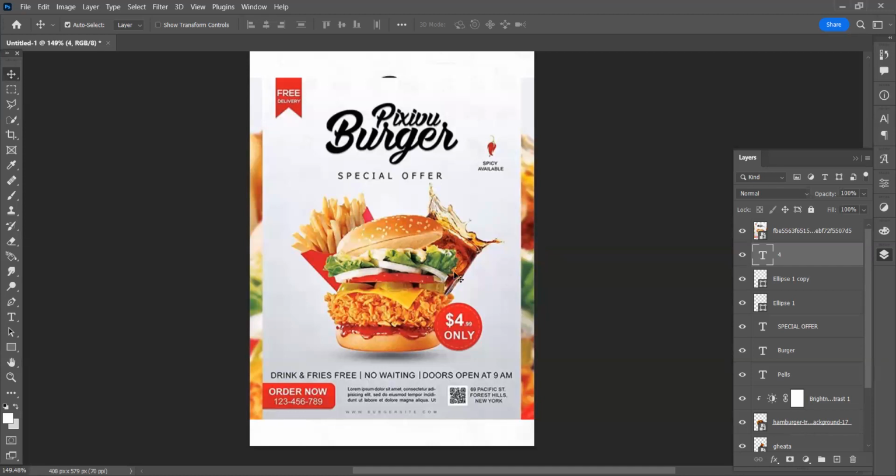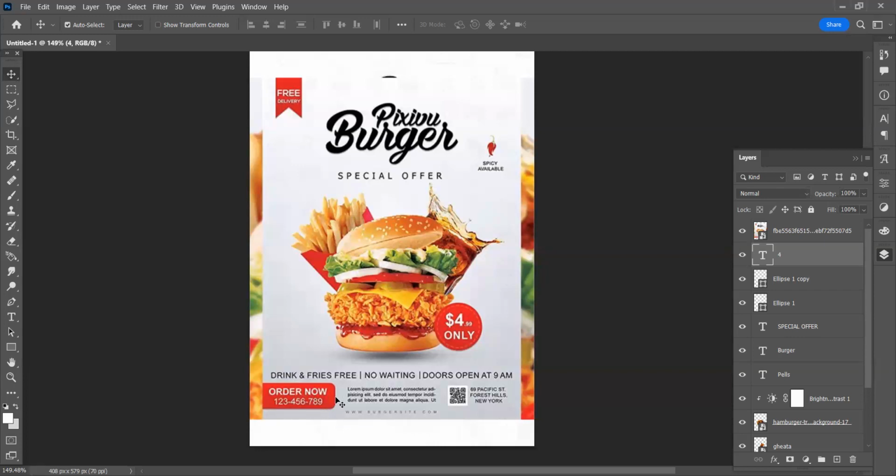So now we are going to continue from where we stopped, and we can also see the elements of design at work. We see the font, which is this guy, the burger, the special spicy available, free drinks and price, all of that, lorem and so on. All of those are fonts, right? What is used to write all the prices is fonts. Order now 1, 2, 3. That is font at work, right?